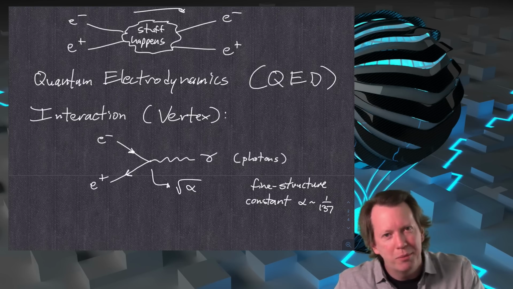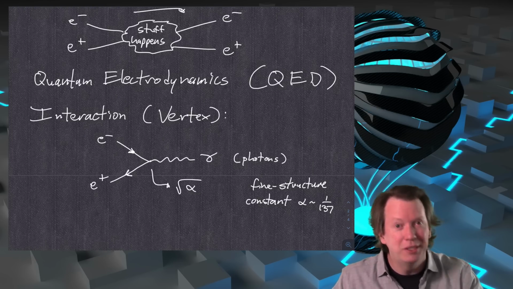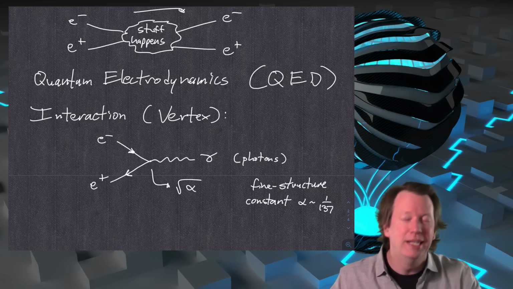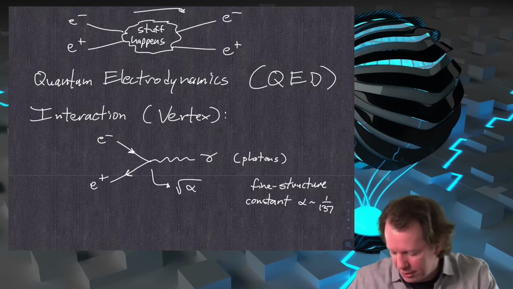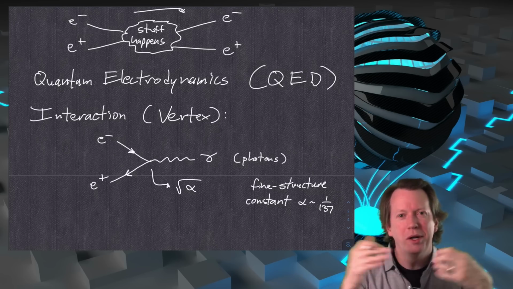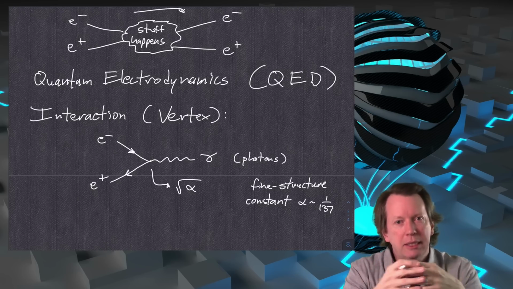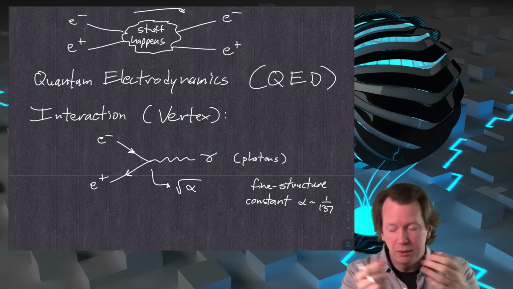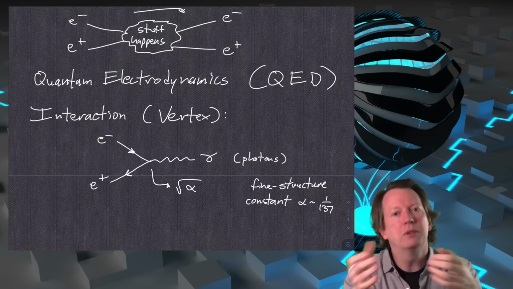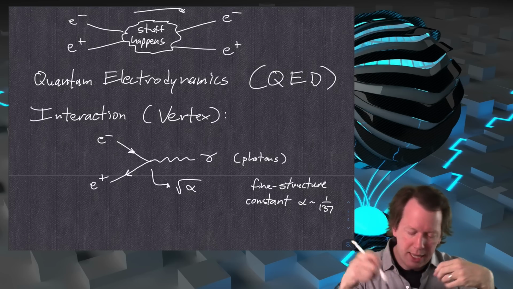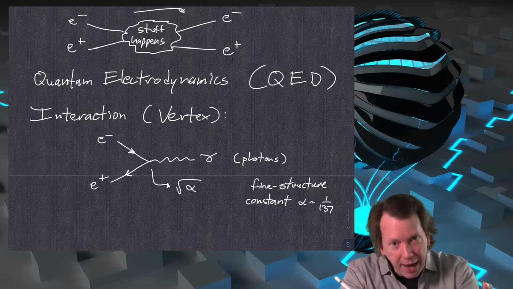There was a time when people thought maybe it was exactly 1 over 137 and tried to explain that using numerology. That didn't work because it's not exactly 137. But the number 137 still holds a precious place in the minds of particle physicists. So the fine structure constant is a small number. It's less than 1%, right? It tells us how strong the electromagnetic interaction is, and every one of these vertices gets a factor of the